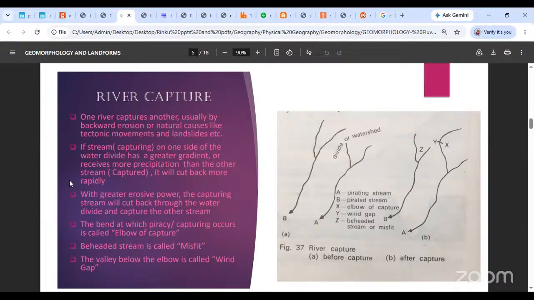Okay, the erosion starts happening in a headward fashion, that is called as headward erosion. So this river starts to cut through this mountain, or rather this water divide, and tries to take the water from this river. Okay, so essentially if this is river B and this was river A, we are saying this was river A. So what happens is this river tries to cut through this water divide. There was a water divide over here. It tries to cut through this water divide and get the water from this river.